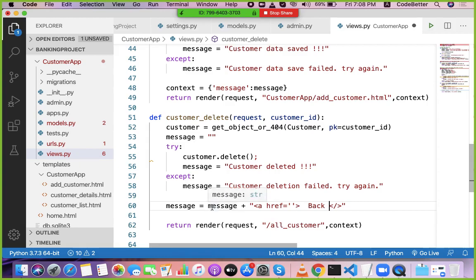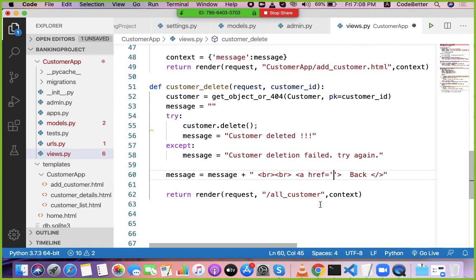So message, br for a new line, then I put a hyperlink, and I can connect this to the back page using all customer.